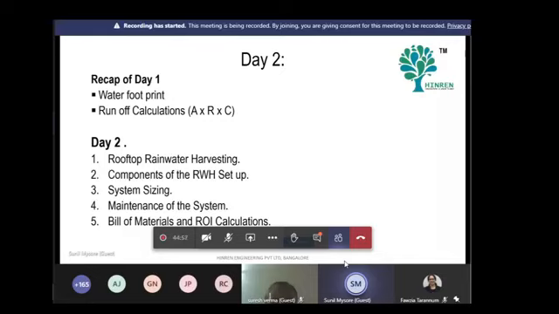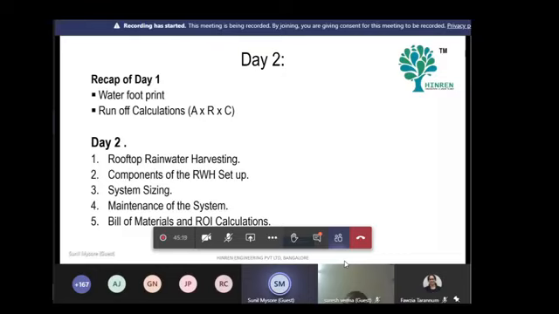I also want to touch on economics, since I was told that there are people from resident associations in apartments, where ROI becomes a very important calculation. If somebody is interested, we can take up an elaborate session on how to calculate IRR, or if somebody is interested in more elaborate NPV calculations and so on, we can do it. If anybody has any questions in the meantime, please let me know. I will stop, because I am on full screen and I'm not able to see the chat window. If anybody has any questions, please let me know.